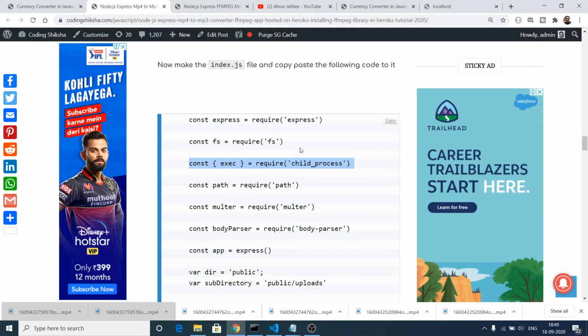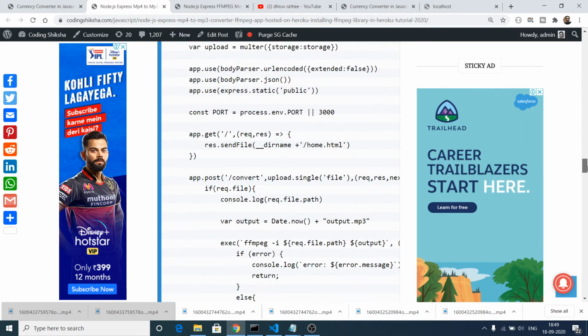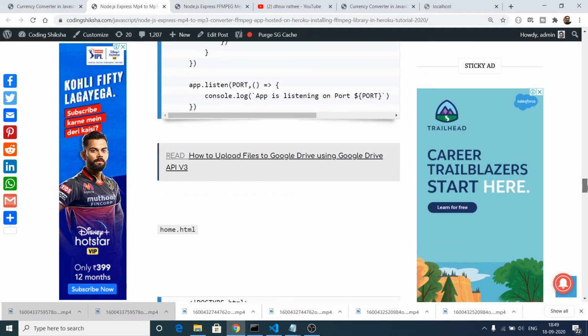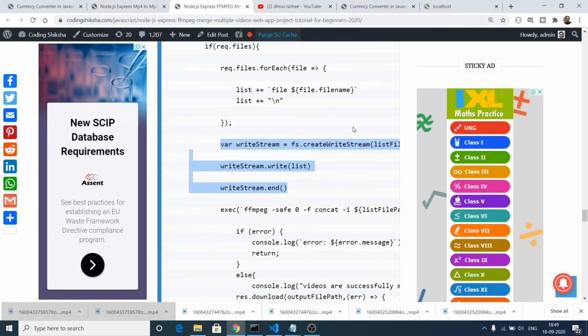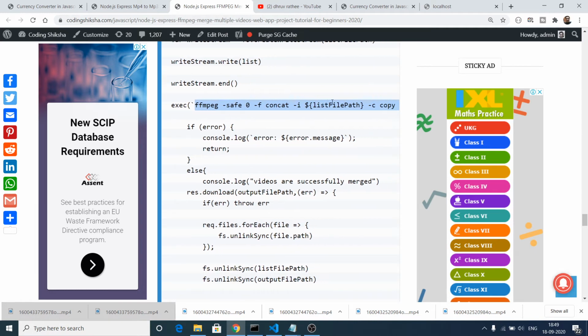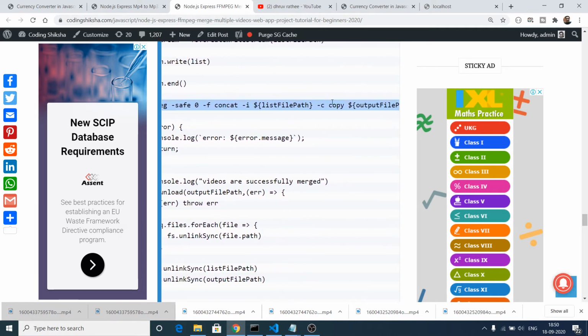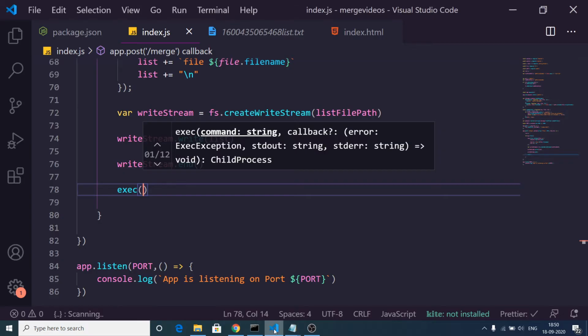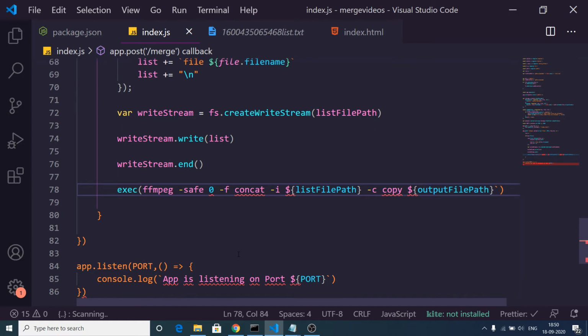This command I have written inside my blog, so you can simply copy this. I think, yes, this is the blog. So this is the command here: ffmpeg -safe 0 -f concat -i. Let me just copy this and paste it.